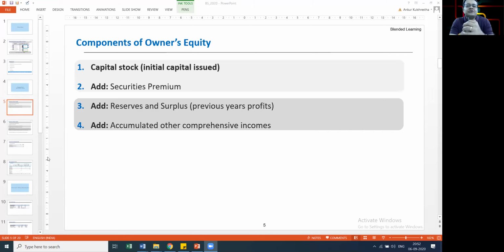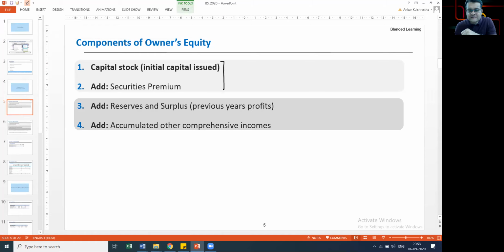The names that you see here, for commerce people, of course, would have looked at before. But even for them, there would be some names which are relatively new, like accumulated OCI. But I think the sense is to understand the meaning behind it rather than be lost in the syntax. And that has always been our approach in the B school classes, right? So I'm going to start off by giving you a very simple thing.